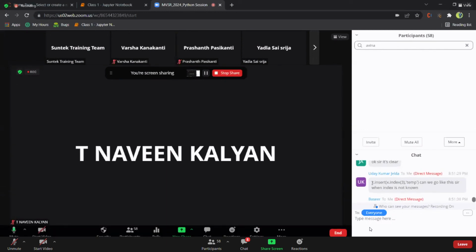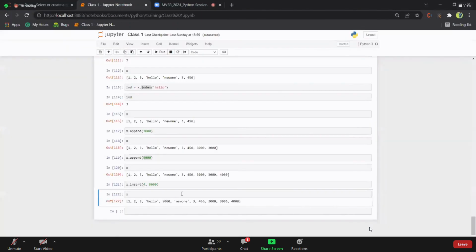One second. So you are trying to insert, and you are trying to find the index of x equal to 3. Sorry, value equal to 3, and you are trying to find the index. So in this situation,